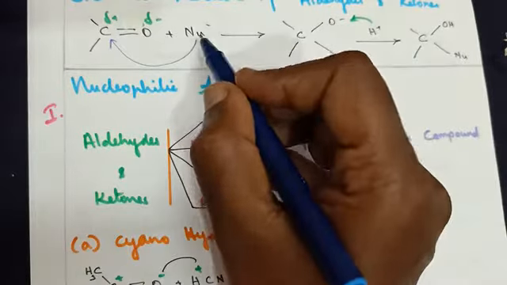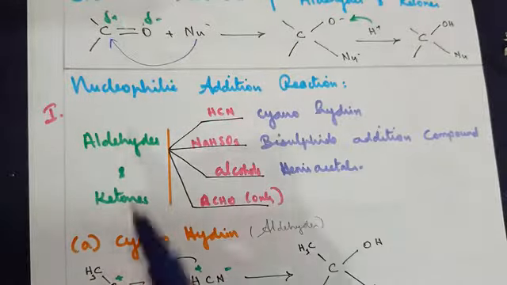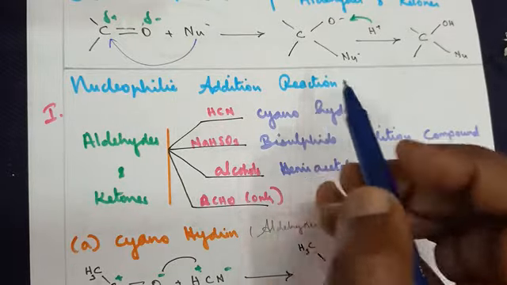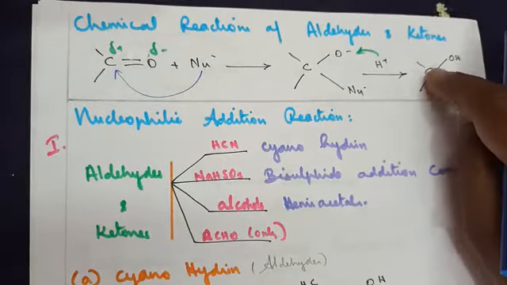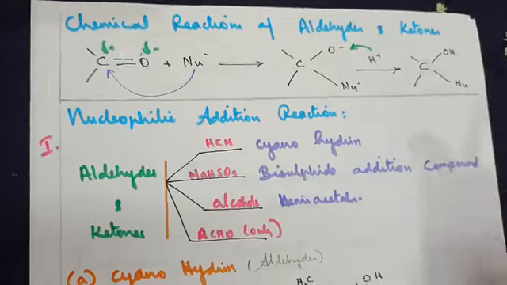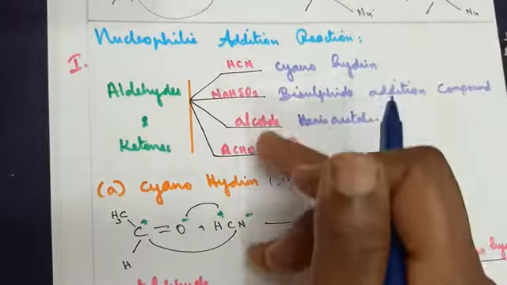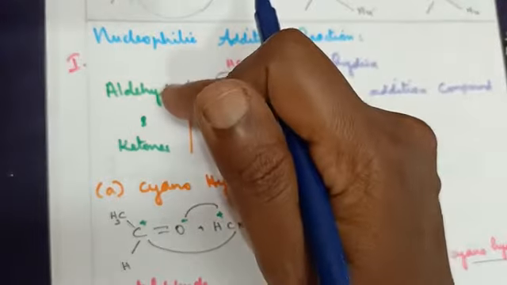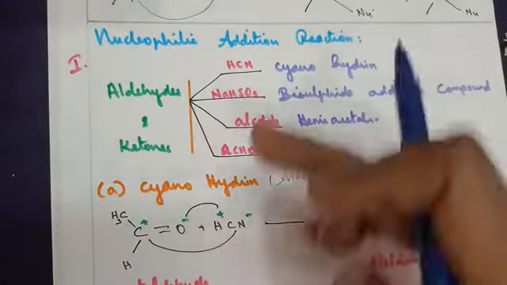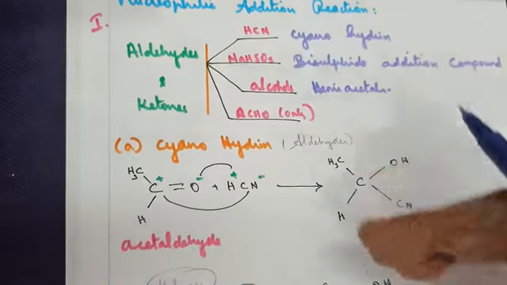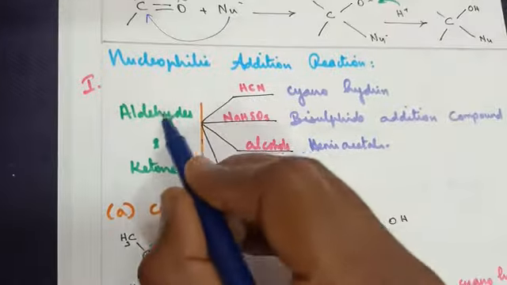Now the nucleophile, so what type of reaction does it undergo? Nucleophilic addition reaction. Why do I say addition? Can you see that the nucleophile just comes and gets added here? So nucleophilic addition reaction. Now these methods are common for both aldehydes and ketones. There are so many categories. I have given in a gist, followed by further explanation.